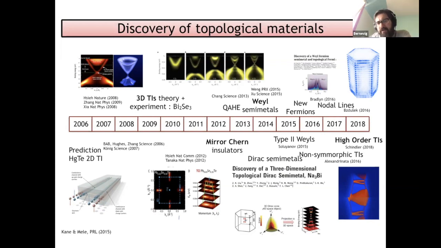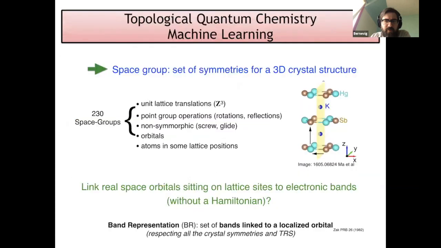This is an array of the topological materials that have been discovered, but in order to put them in this array, you have to ask what a material is, or what information we actually have about a material that's universal. The information that we have in a database, and the first thing that we do when we find a material, is to look at its symmetry structure, the symmetry group that it lies in.